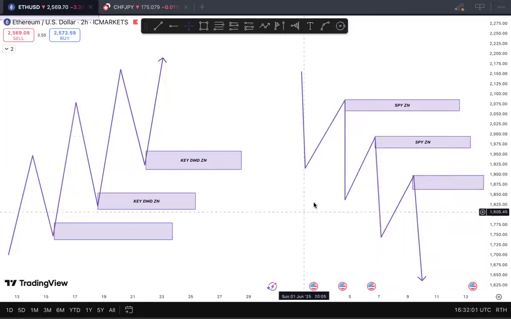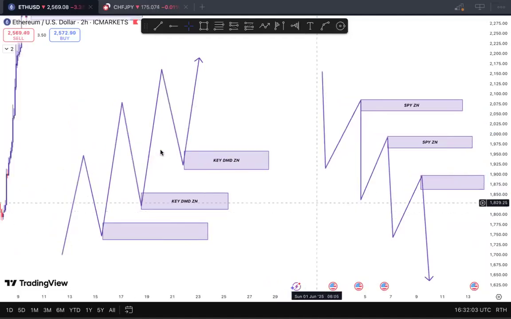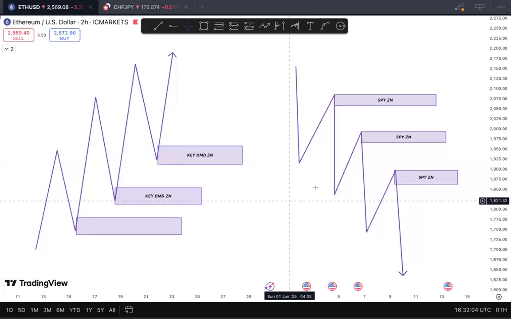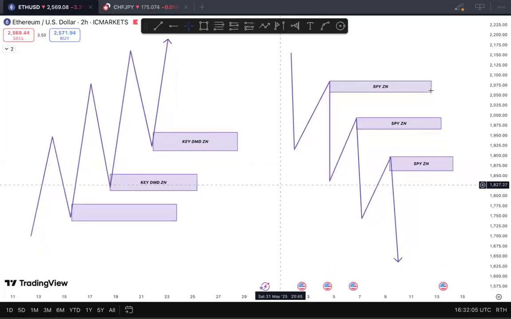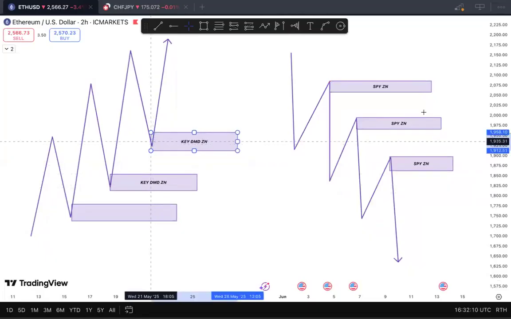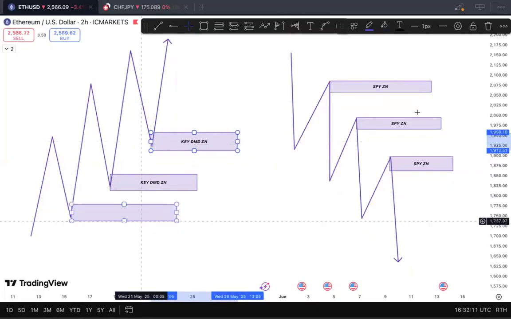Okay, do you understand it? It's simple. So these zones are usually demand zones, and for a downtrend, these zones are usually supply zones. So if you see your structure, assuming you saw your structure here,